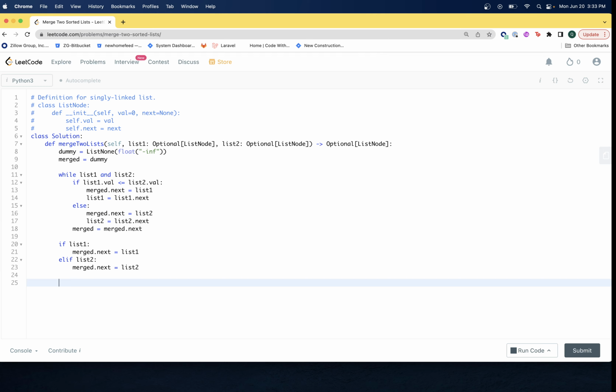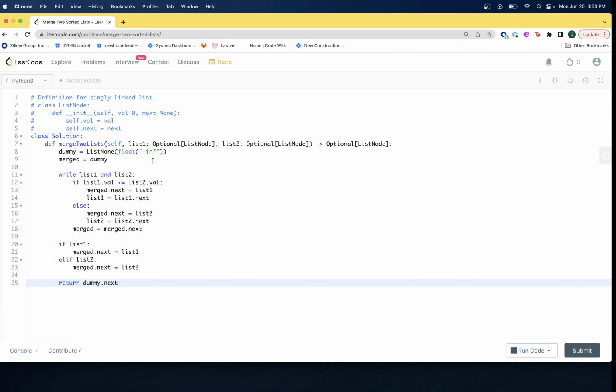And then finally, we don't want to return dummy, remember, because the head of dummy has a negative infinity in it. So we don't want to return dummy. The actual list starts at dummy.next. And so we return dummy.next, and that's the code for